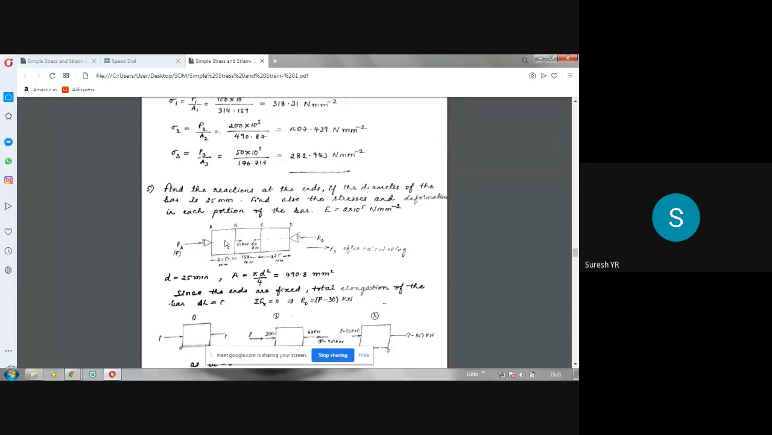This is the first portion, second portion, third portion of the bar. All the portions have the same diameter. It is a circular bar, but forces are given here. 30 kilonewton is acting like this at this junction. 60 kilonewton is acting like this at this junction. Now, since these two ends are restrained,